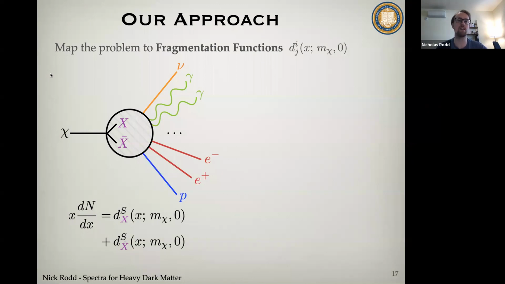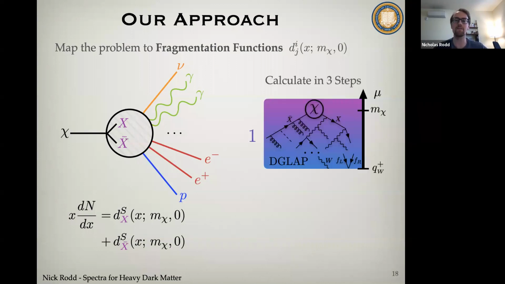So at the moment, we've just restated the problem. We had to calculate some dark matter spectra. We now have to calculate some fragmentation functions. But what's nice about this is that we can draw on the vast literature of fragmentation functions and use a number of tricks that are known for computing them. In particular, and I'll describe this in a bit more detail later on, there's sort of a gluing function that is known for fragmentation functions. So if instead of just evolving these objects all the way from the high scale down to the low scale, I can evolve them through some intermediate steps and then just glue those pieces together to get the full result that I need. And so we'll take advantage of this to break the calculation into 3 steps.